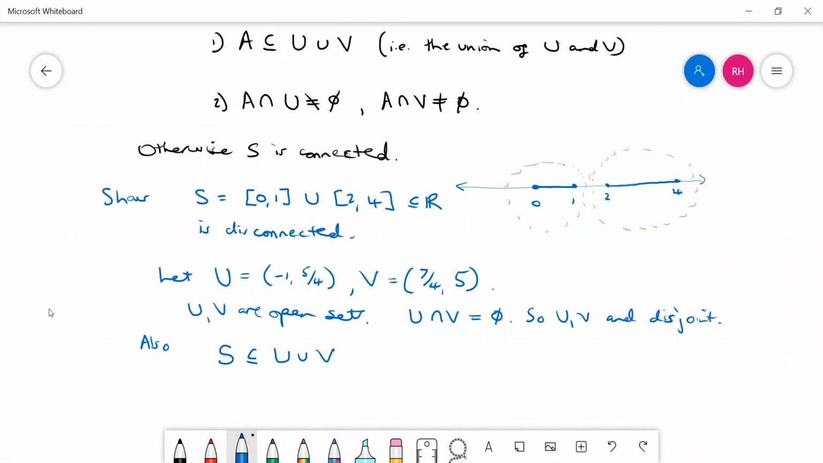S equals [0, 1] union [2, 4], and U union V equals (-1, 5/4) union (7/4, 5). So you could easily show, if you had to, that S is a subset of the union of U and V, and also, finally,